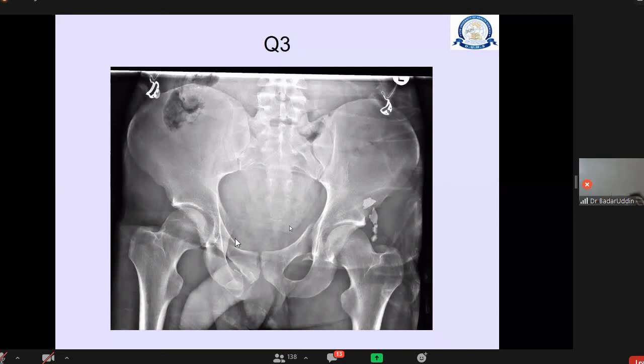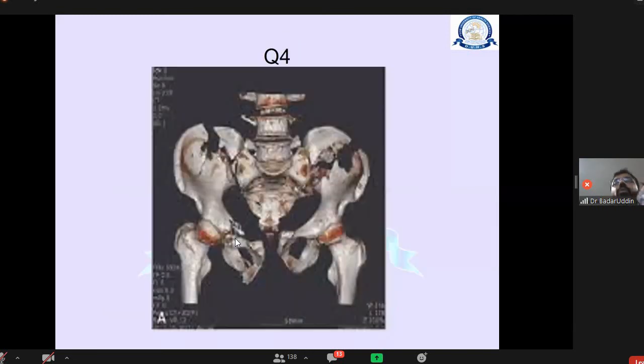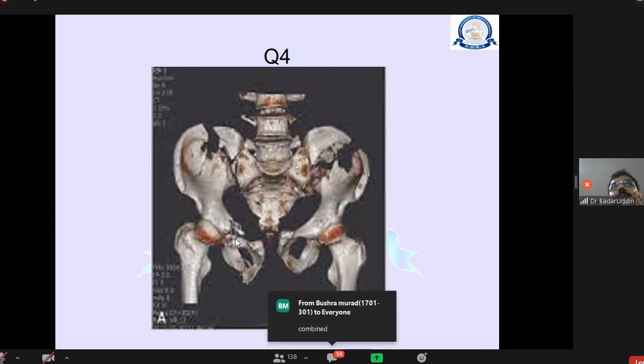So see this again, the fourth and last question. This is a 3D CT scan basically. Not that clear, but this is a 3D CT scan. Now see this. Some opening in the pubic symphysis. Then there's a fracture in the superior pubic rami. Then there's a fracture in the inferior pubic rami. Go upward, and then there's a sacroiliac joint disruption and this iliac blade fracture. Coming to the other side, the other side of this pelvis is also fractured, and coming here there's some superior pubic rami fracture as well. So this is again